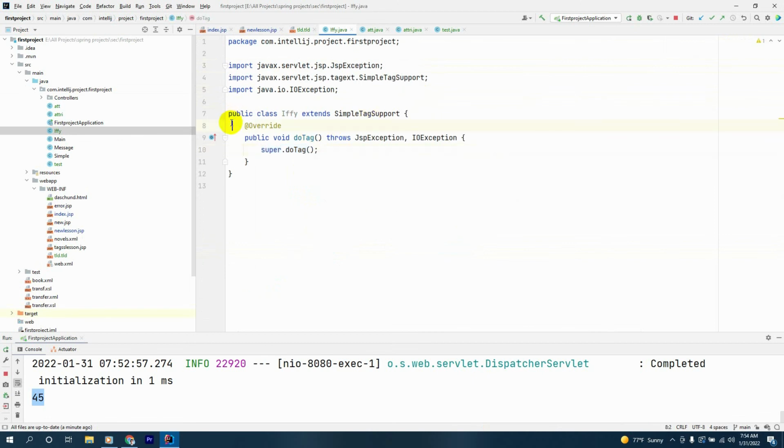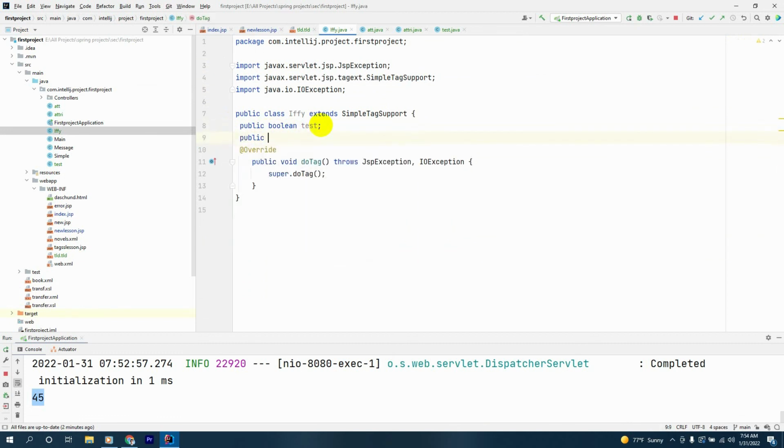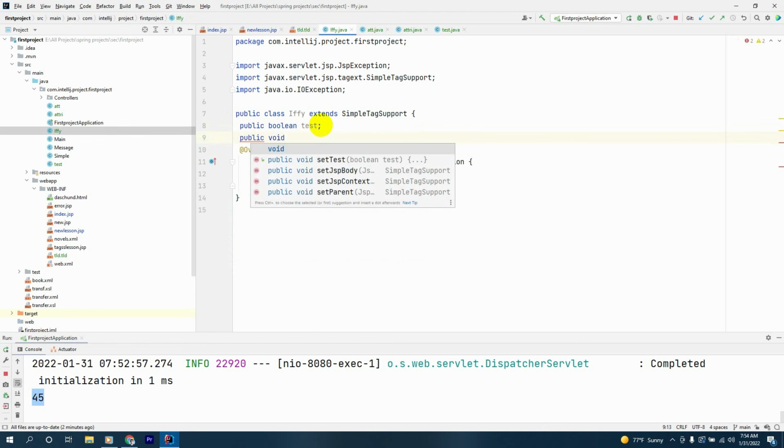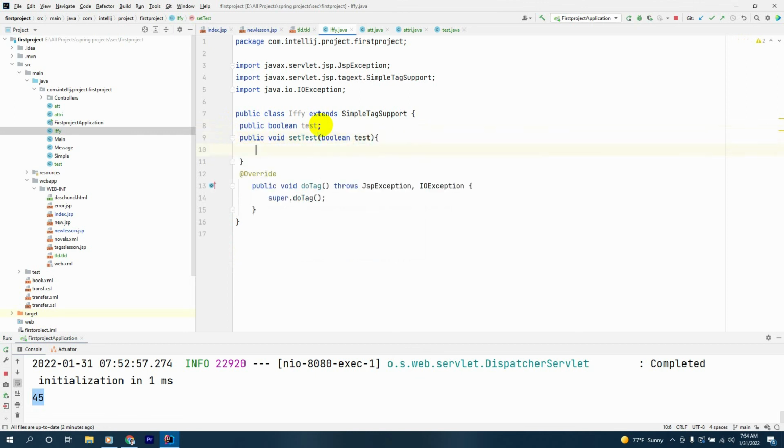Okay, next we'll declare public boolean test like this, and we'll have public void setTest with the boolean test, and we say this.test equals test,